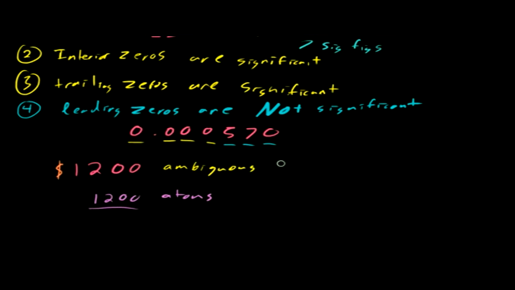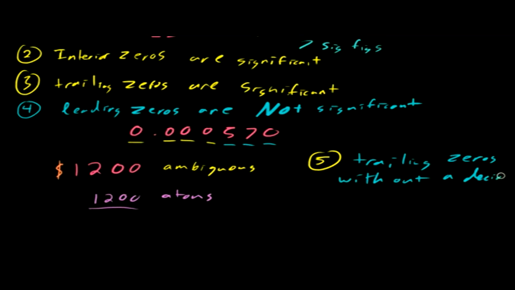ambiguous. And if we were going to talk about this being a rule, I'll call this rule 5, that trailing zeros, if there's no decimal point, like in a figure like this, are going to be ambiguous. So let me write that down. So trailing zeros without a decimal point are